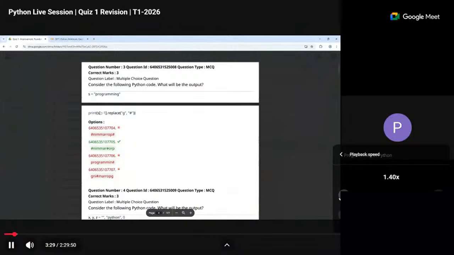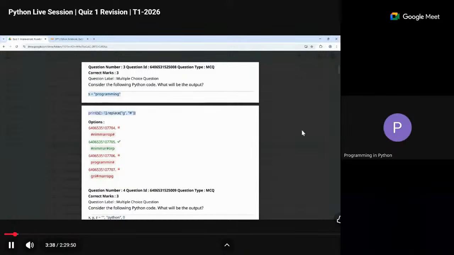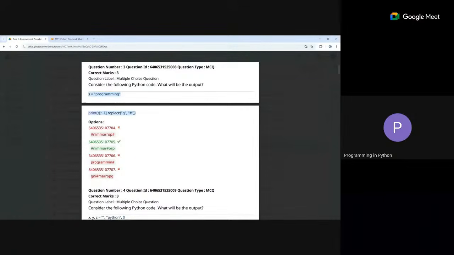So the idea in Python is mostly we're going to see code-based questions. Maybe a few lines of code, maybe 1 or 2 lines, maybe more than that sometimes. It will not be too big ideally, but you could expect a few lines of code, and then you have to predict the output. Sometimes it may be small segments of code, like in this particular case, only 2 lines. Nonetheless, the idea remains the same. You have to read the code, understand what it's trying to do, and accordingly predict the output. This is predominantly the kind of question that we're going to see throughout this paper.